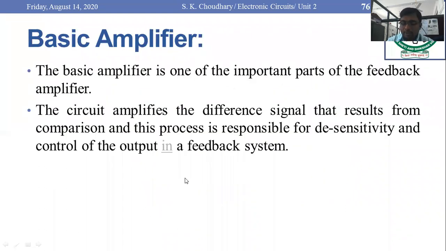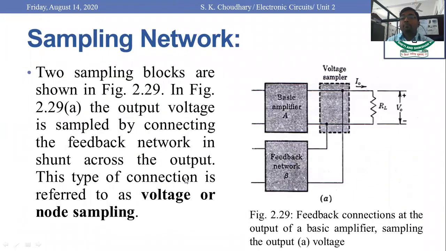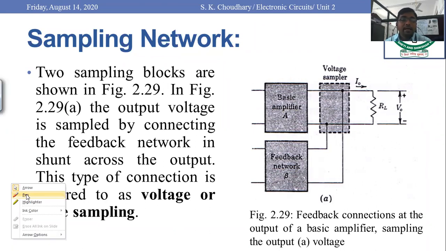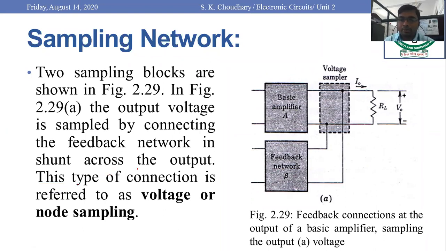Now back to this section. The fourth one is the sampling network. Like the mixer network is related to the input network, the sampling network is shown on the output side of the circuitry. It is available to the output network of the circuitry. Like the mixing, which has two types, series and shunt, there are two types of sampling also. One is called voltage sampling, another is called current sampling, because these are the two main parameters we have to consider throughout the discussion.